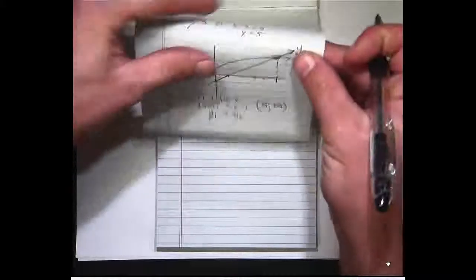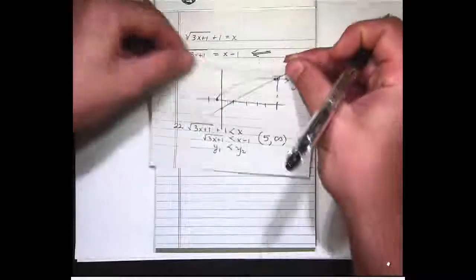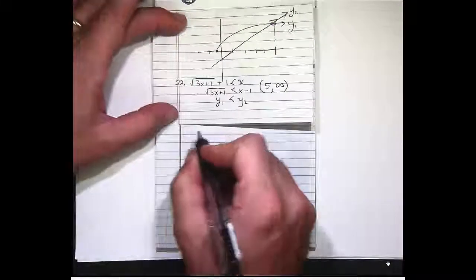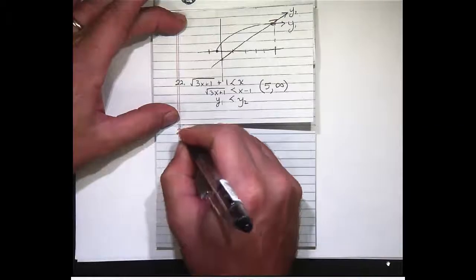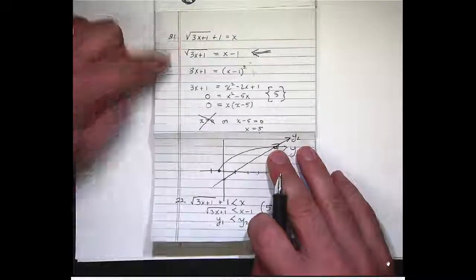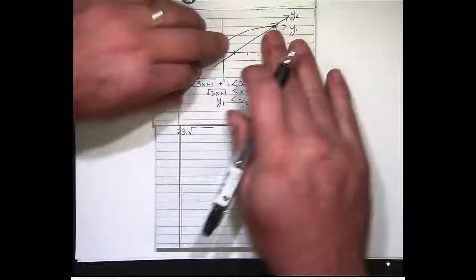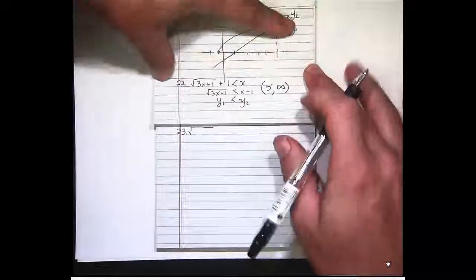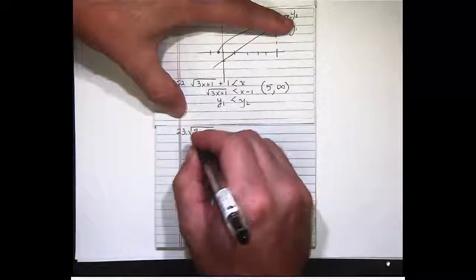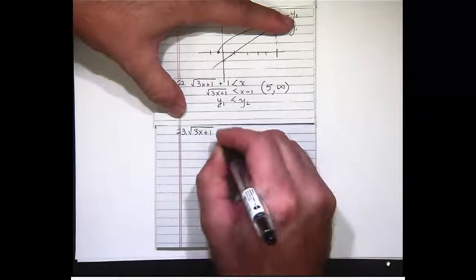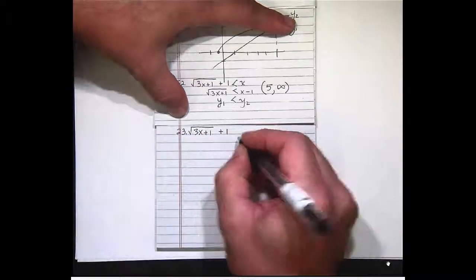Now let's do number 23. So 23 is still working with the same underlying equation. It's still a version of this equation, except they have modified it so it has an inequality. And which inequality does this one have? It has a greater than or equal to